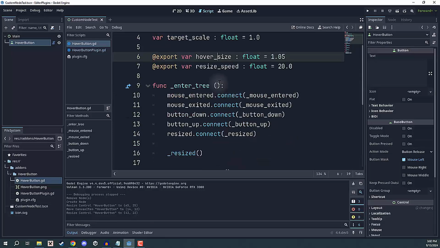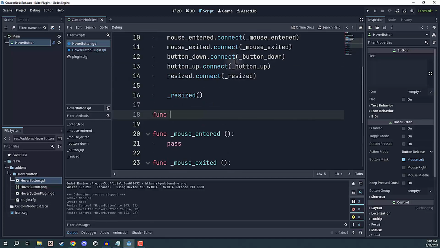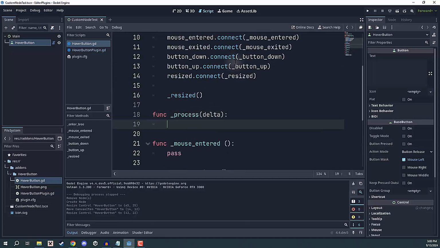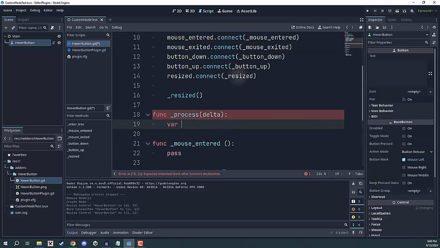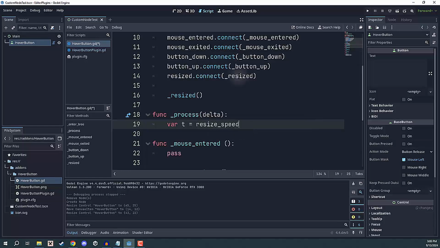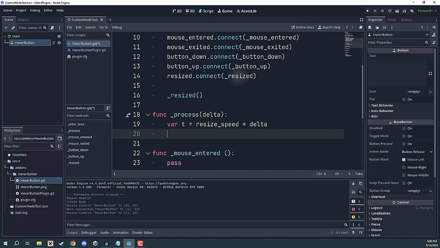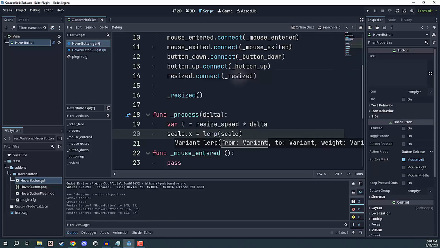Then what we're going to do is go down to the process function, which we don't have yet. So let's go ahead and create the process function. So func _process. And inside of here, we essentially want to change the scale every frame based on our target scale. So first of all, we're going to create a variable called t, which is going to be basically the amount we're going to lerp. This is going to be resize speed times by delta. And then we are going to go scale.x equals lerp scale.x to the target scale by